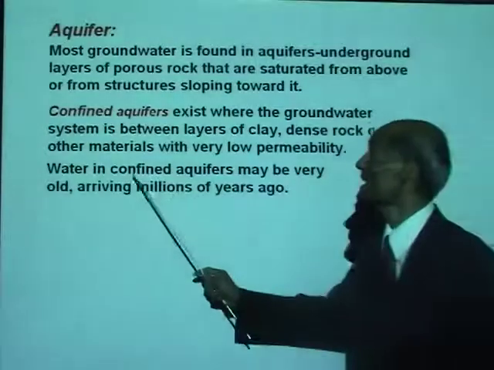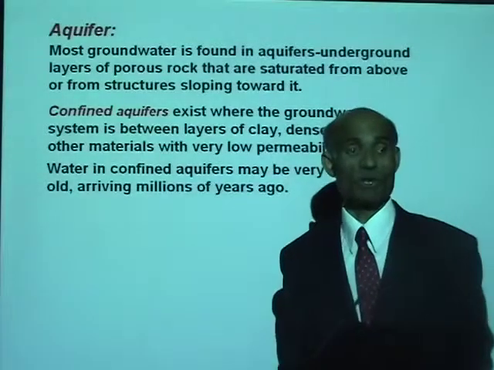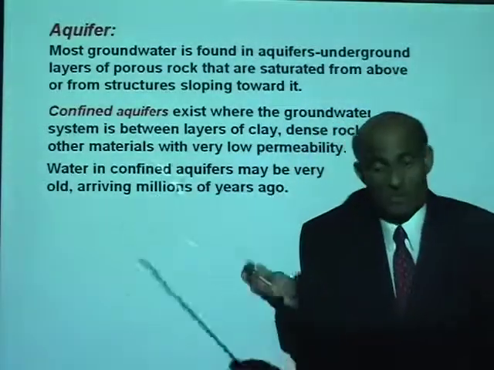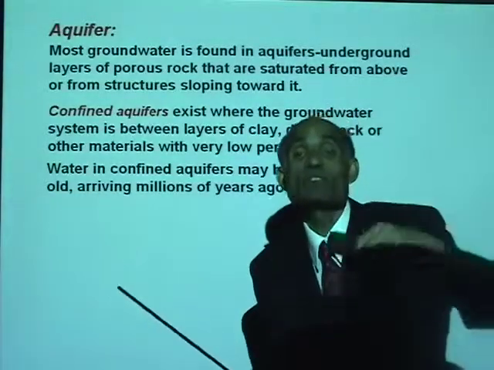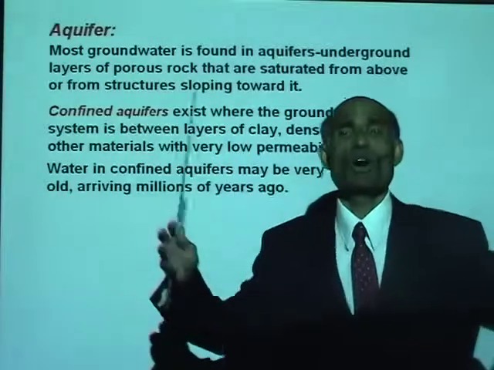Water in confined aquifers may be very old, arriving millions of years ago. They are stored in there, and very often if you can break into a confined aquifer, you can get large